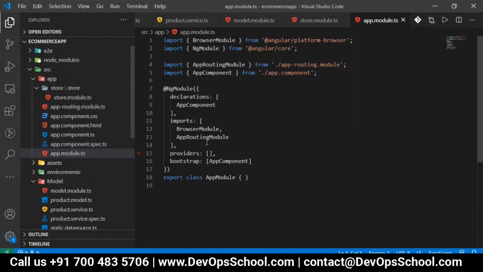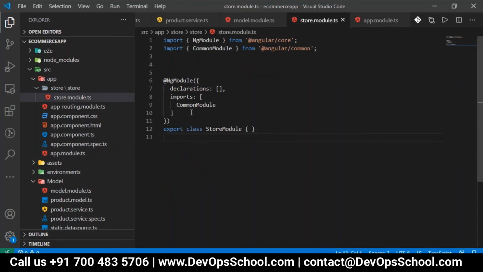In the app module, we have to register later what modules we have created, like the store module and model module. Now we just created store.module.ts and it has declarations, and it's an NgModule. If you want some components registered, you have to declare them here.